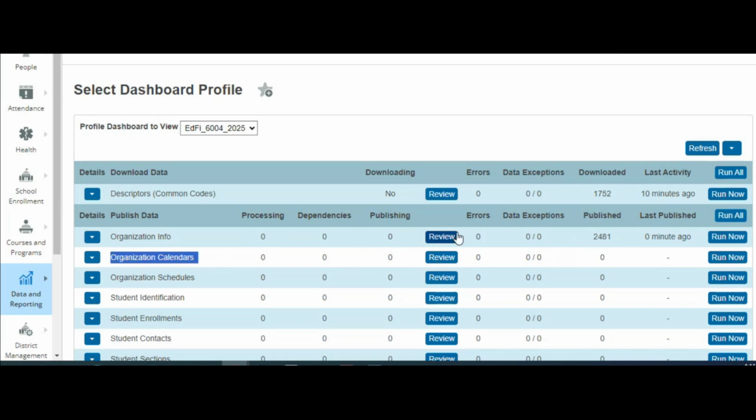Now, is it possible that you will have some errors that stick? Well, sure. There are legitimate things that can cause errors. And if you have something that errors out and you're not sure what it is, feel free to reach out to us, especially at the beginning of the year, because if this is not your first time publishing to Ed5 for a school year, you might have a sense of whether or not you're seeing an error that is typical or not. So feel free to reach out to us if you see something atypical.